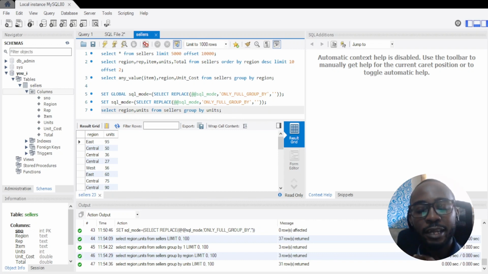Okay. And I attempted to write a particular format and I got an error thrown at me, which